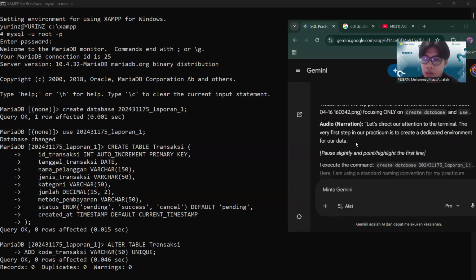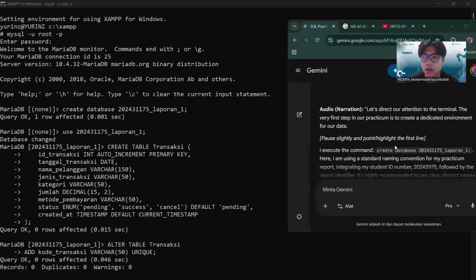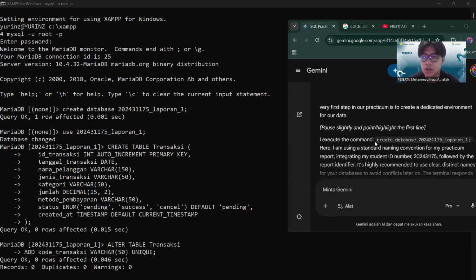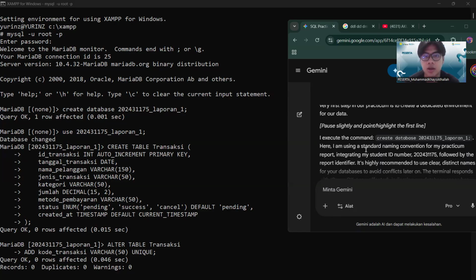The very first step in our practicum is to create a dedicated environment for our data. So the command is create database, then my student ID, and then record one. This is the command that the laboratory assistant gave me, so I just follow it.